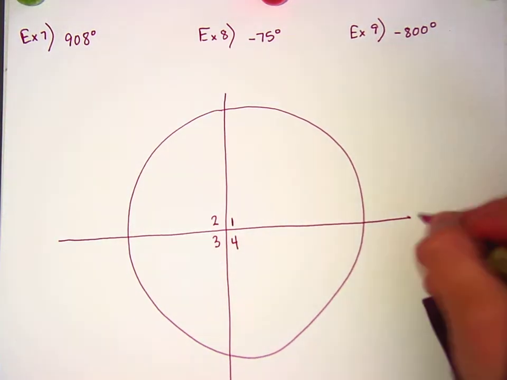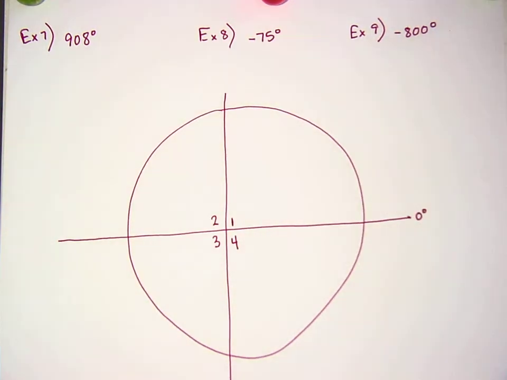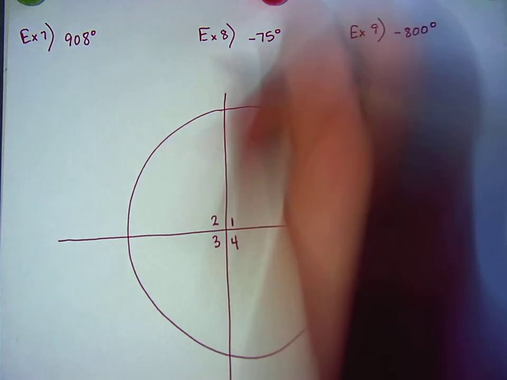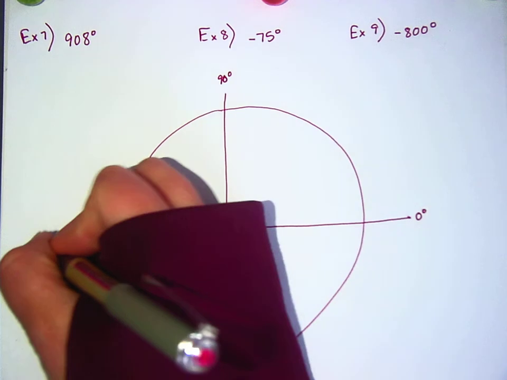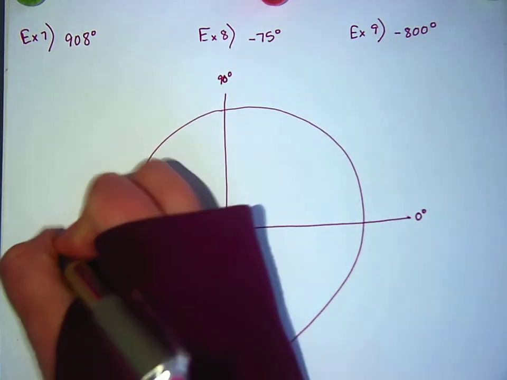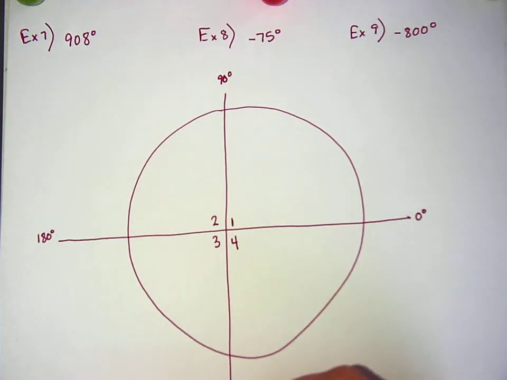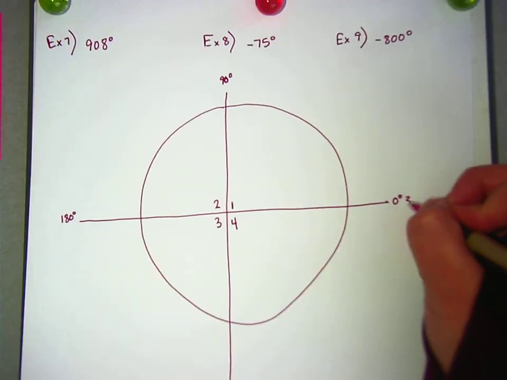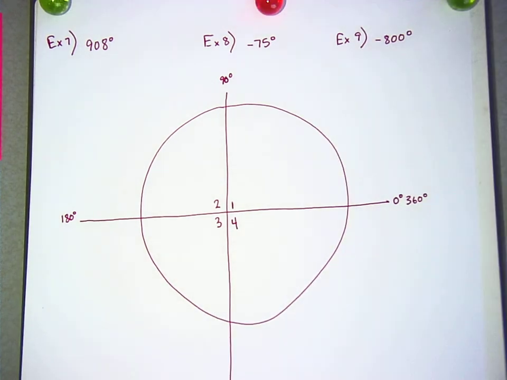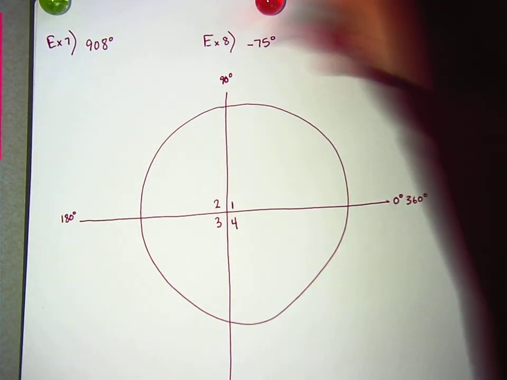All right, so traditionally, this is 0 degrees here. 90 degrees is up here. See how I'm just going to keep going around the circle? 180 down here, 270. And where is 360? 0. 360 is back at 0, right? So I'm going to write 360 here now. If I keep going, 360 plus 90 is